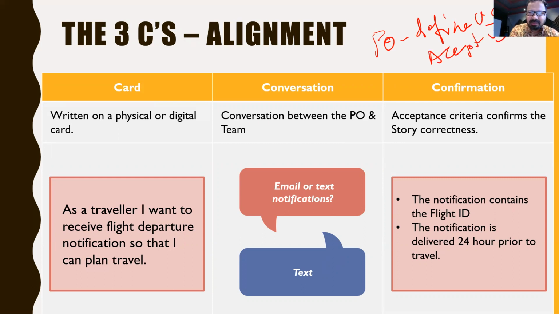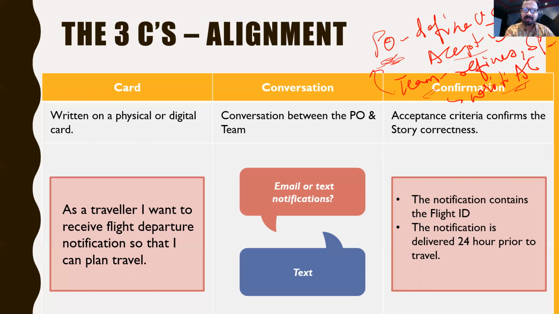Okay, whereas the team, what does the team do? The team refines the user story, or maybe splits the user story, or maybe PO also can split the user story, no harm. And maybe the team also grooms or refines and splits the user story, and they write the acceptance criteria of the user story. Okay, so now how does this happen? The product owner defines the user story, he accepts the user story, but the team is refining the user story and writing the acceptance criteria. Now, how can the PO accept a user story when the team has written the acceptance criteria?